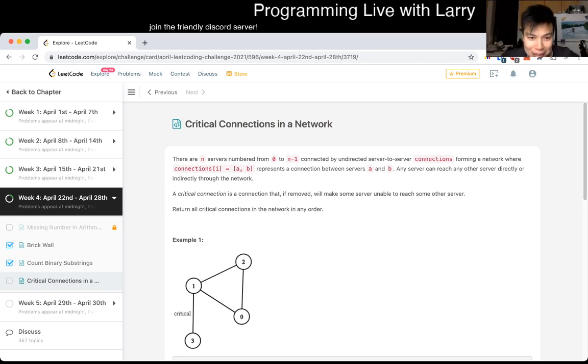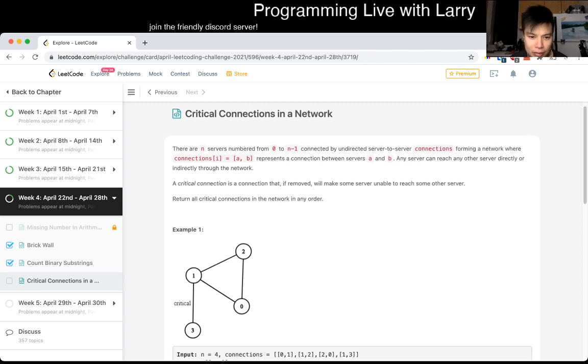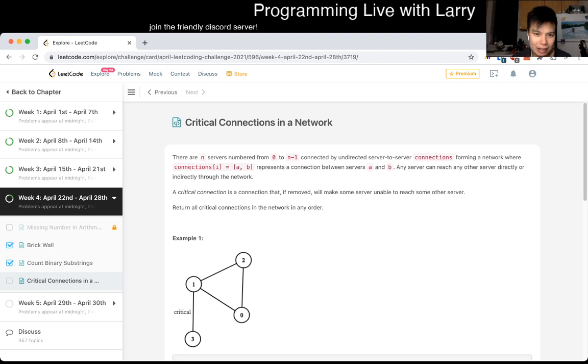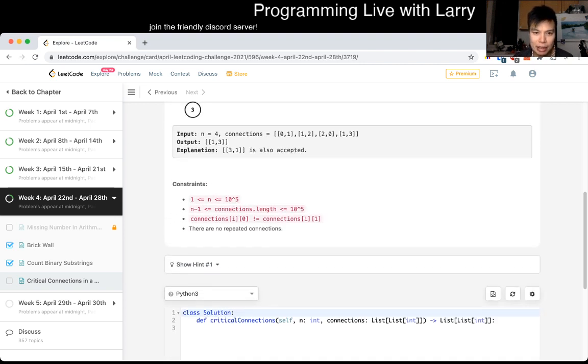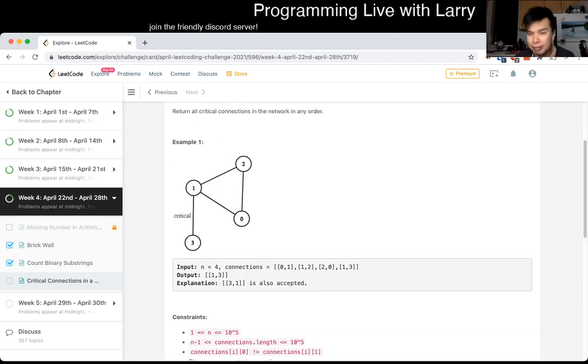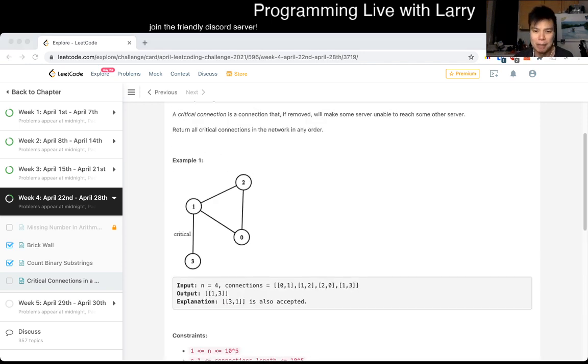Now I'll let you know what I think about this problem, if this is the problem that I think it is. I usually solve these live, so it's a little bit slow, fast forward. For this one, a connection that removes will make it disconnected. It looks like there's a critical path, and you have to figure out what critical paths there are, which of course